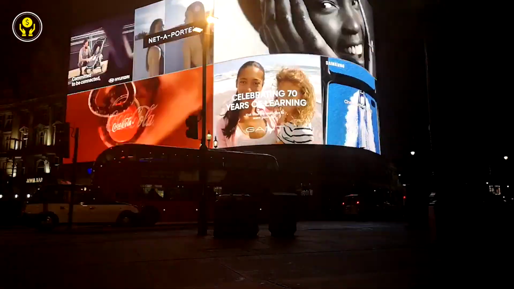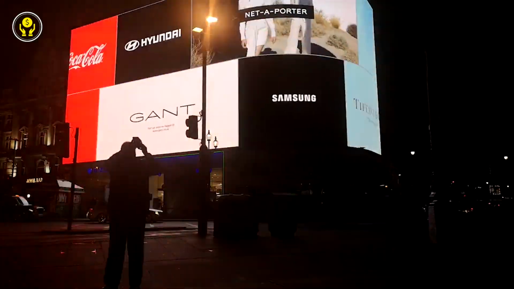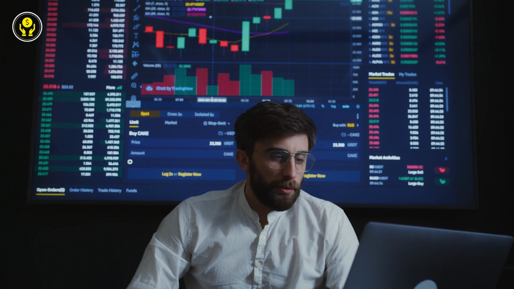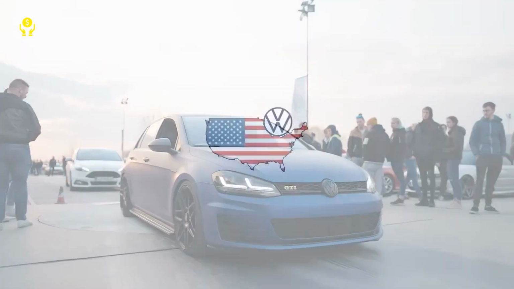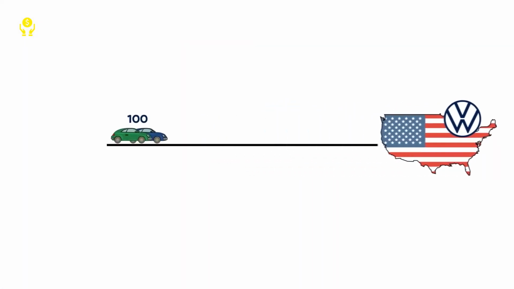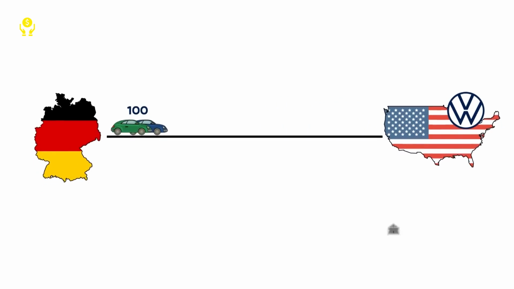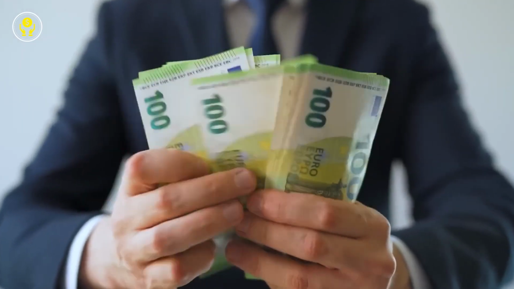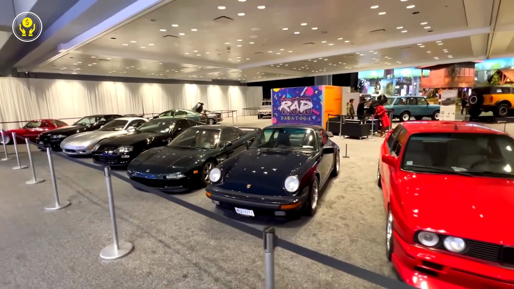However, this is not the only reason why money printing in the United States leads to inflation in other countries. Let's explore the second reason using the Volkswagen example. If Volkswagen wants to sell its cars in the United States, it needs to carry out the transaction as follows. When the US branch of Volkswagen imports 100 cars from Germany, it has to purchase euros to make this purchase since it needs to pay the German branch in euros.